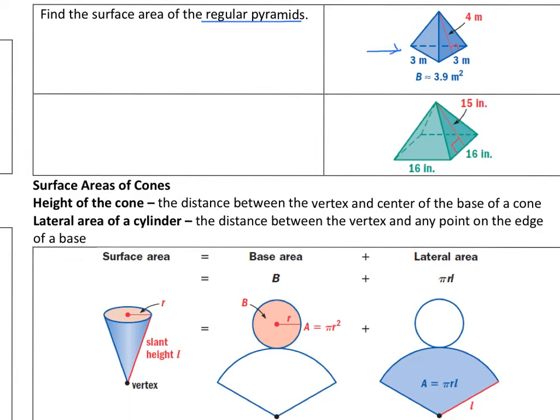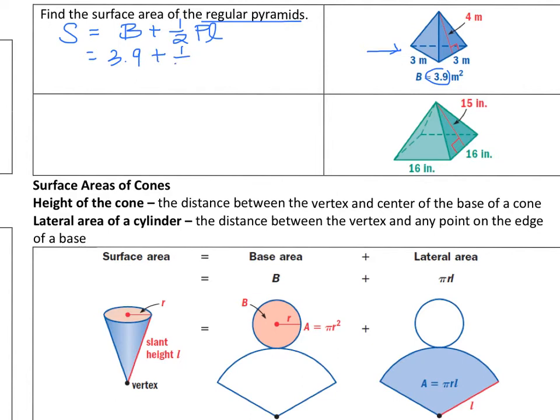Now let's take a look at another kind of regular pyramid with a base that has a triangle. We call this a triangular pyramid. And the idea in calculating the surface area is the same. So again, base area plus half times the perimeter of the base times the slant height. So to find the area of the base, what would you do? Okay, it already gave it to us, so it's 3.9